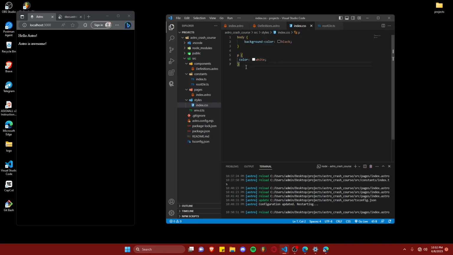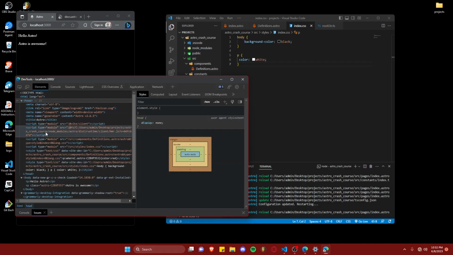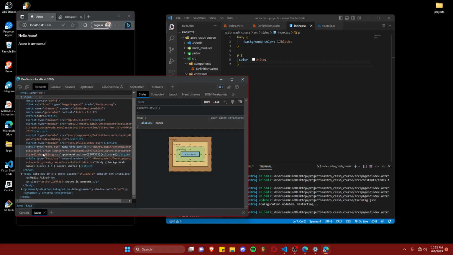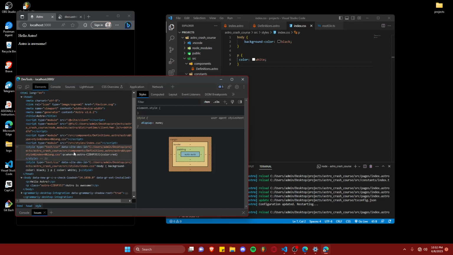If you look at the organization here of the styles, there you go. This one was the first one. Oh really? Okay, never mind then. But as you can see, this one was the first one and this one was the last one. That's why the declaration here was overridden by the declaration here for all paragraphs, for it to be color white. Anyway,